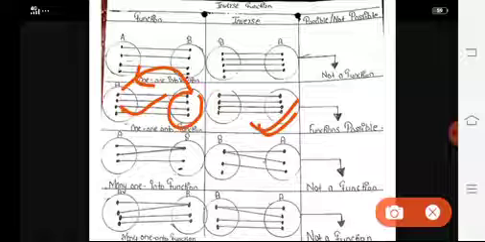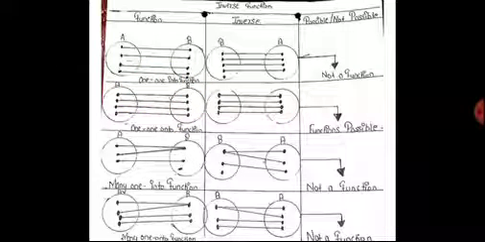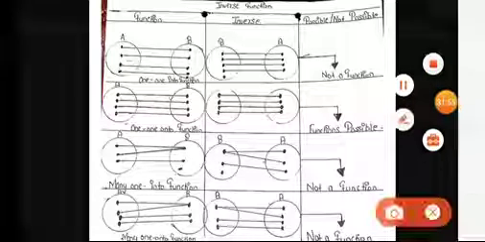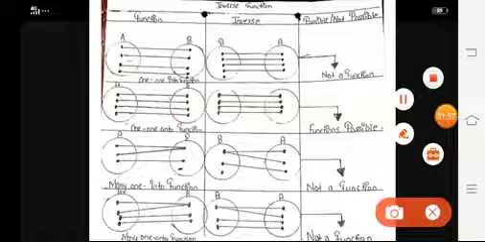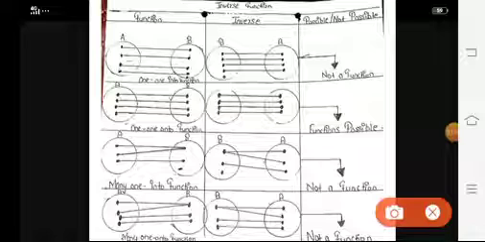Now come to the next figure, the third one. Here what we see is that this is a many-one into function. Why is it many-one? Because these two elements are having the same image, that's why it is many-one. It is an into function because there is one element in set B which is not having any pre-image.